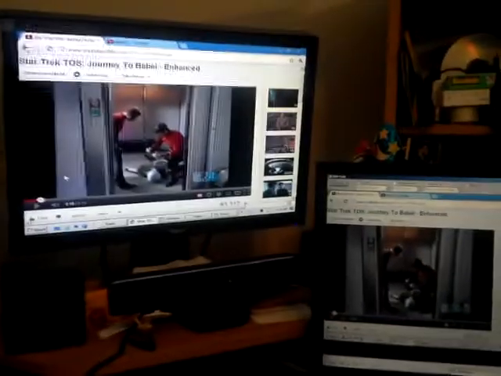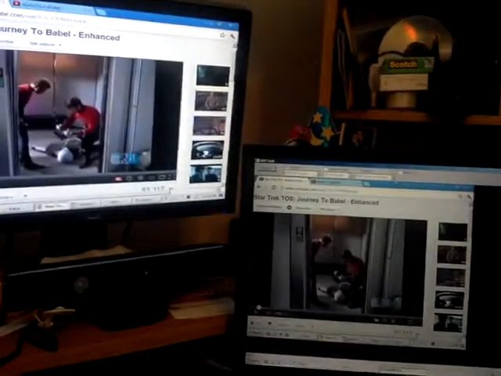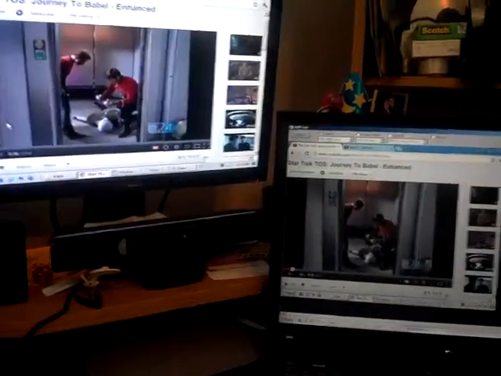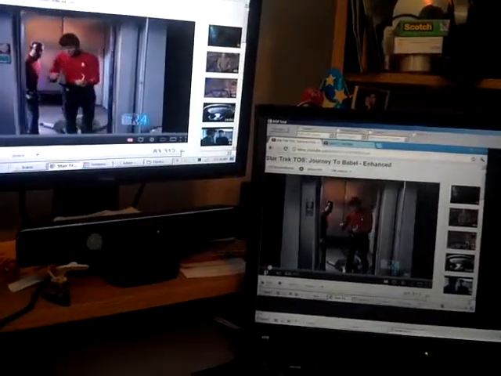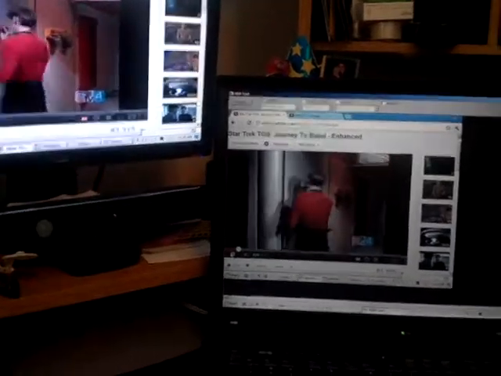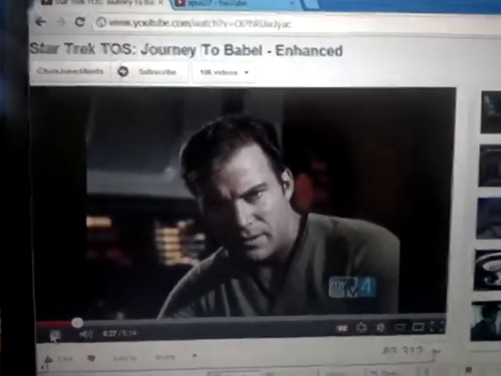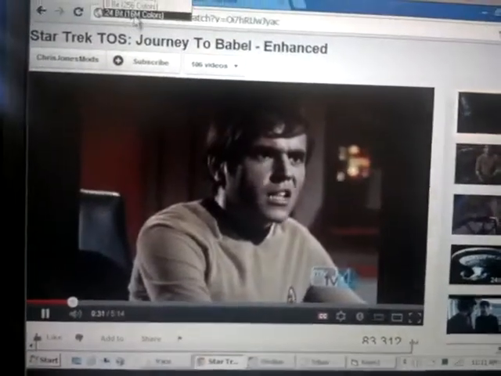So I have the screen of the server on desktop. I'm watching a Star Trek episode. I'm going to turn the sound off just for now so I can show you what it looks like now that it's on JPEG. The screen looks a lot more responsive than it does in the first demo. And this is in 8-bit color, which is only 256 colors. If I go to full color,